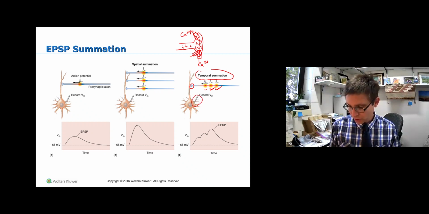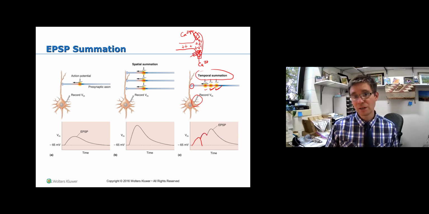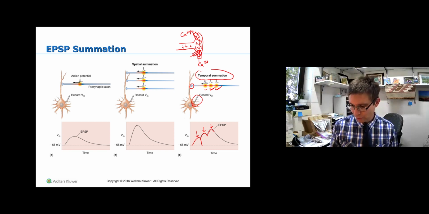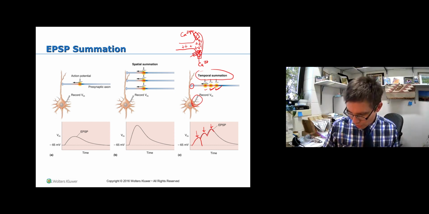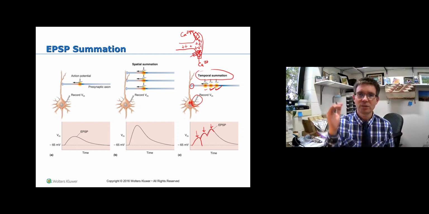So if you measure the postsynaptic membrane or the synapse there, you'll see that with that first action potential you got some depolarization, but before it was able to go all the way back down, that second action potential released more neurotransmitter, which caused a higher depolarization that built on the first one, and then the third action potential, before that made it back down, you had a third action potential that brought the membrane potential even higher. So with each of these, in the postsynaptic cell, you're getting depolarization coming in to the cell, but before that depolarization has had time to diffuse away and dissipate, more depolarization comes in the form of sodium, and before that has had time to dissipate, even more comes in because of that high frequency of action potentials that was fired